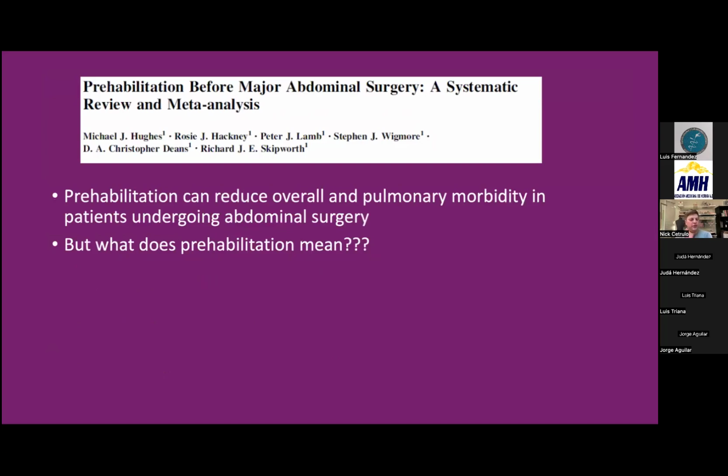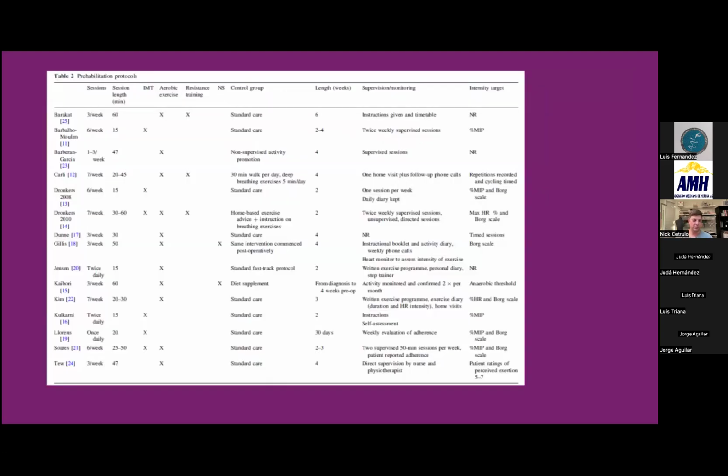So what we know from a number of studies, not specifically hernia, is that prehabilitation can reduce overall and pulmonary morbidity in patients undergoing abdominal surgery. I've been talking about prehabilitation, but what does it actually mean? In this meta-analysis, they looked at a number of different studies and just the variability in what they meant by